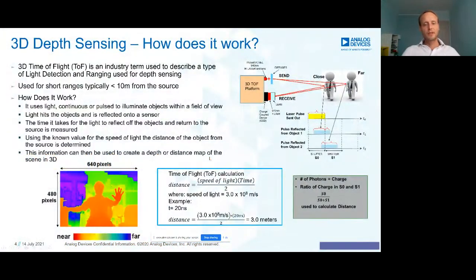So I'll start by just giving you a quick overview of what 3D depth sensing is and how it works. Basically, the way it works is that we have a light source, which is an infrared laser, which emits pulses of light. The light goes and reflects back from objects in the scene. And there's a receiver which measures the time it takes for the light to be reflected from the objects in the scene. And this gives us information about the distance to all the objects in the scene in front